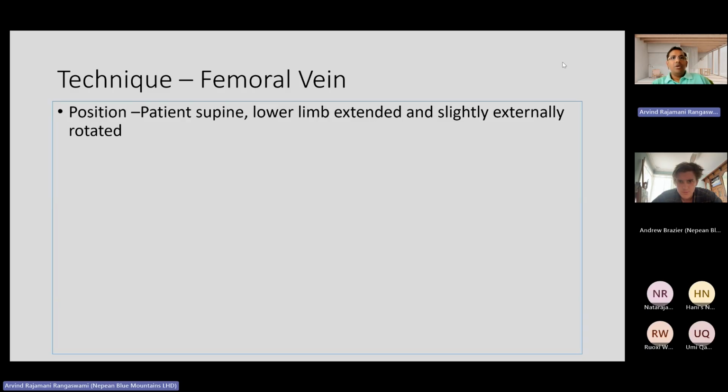Okay. Now, how do you scan? The position of the patient: if it's an ambulant patient, people often sit in a chair or recline. Typically, all our patients are going to be in a bed, supine. For the thigh, it's very easy. You just keep the lower limb extended, slightly externally rotated, for your comfort, so that you can scan all the way from the saphenofemoral junction, going in a medial, posterior-medial direction,